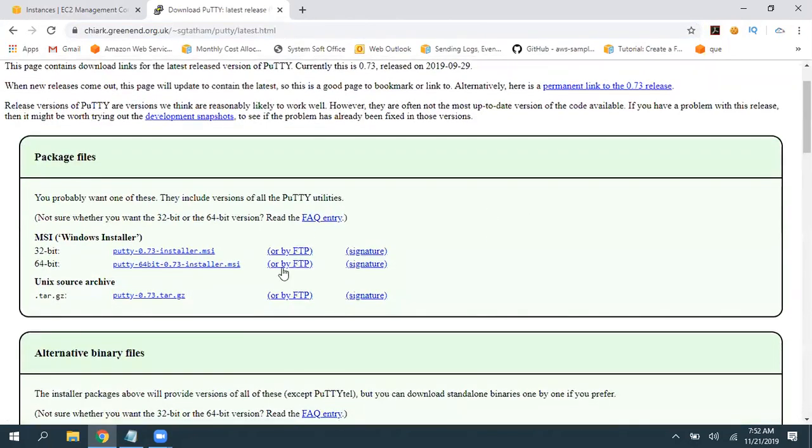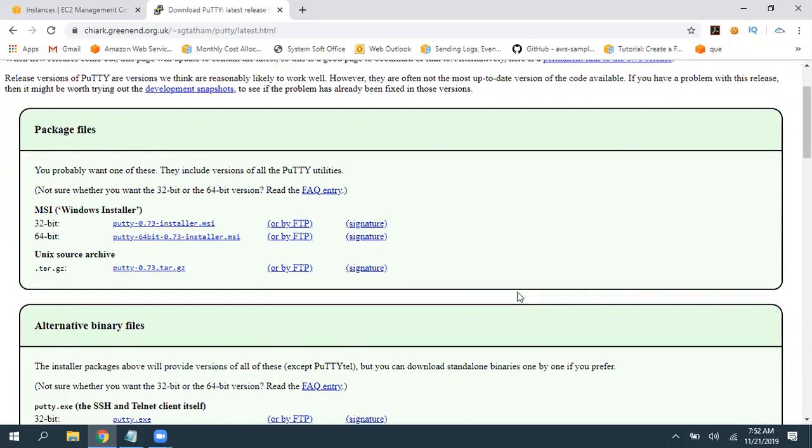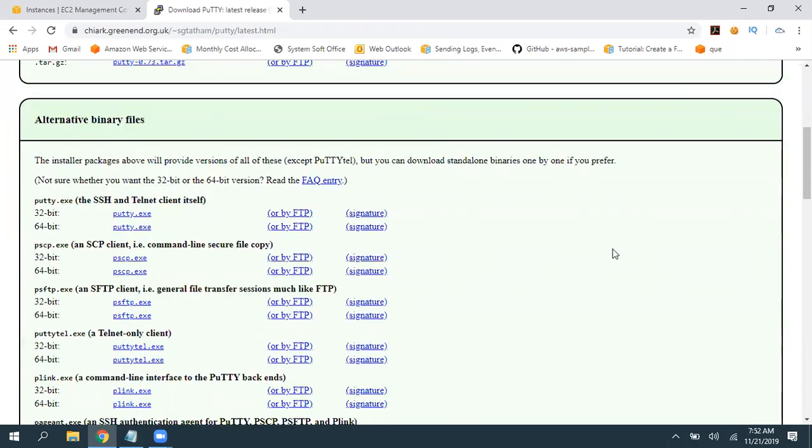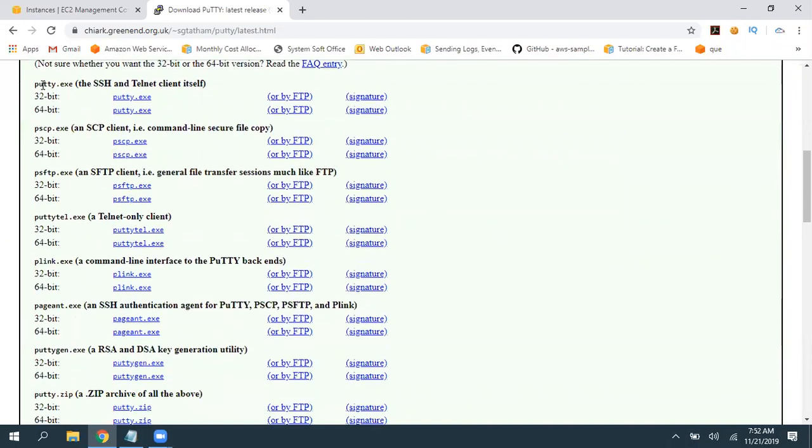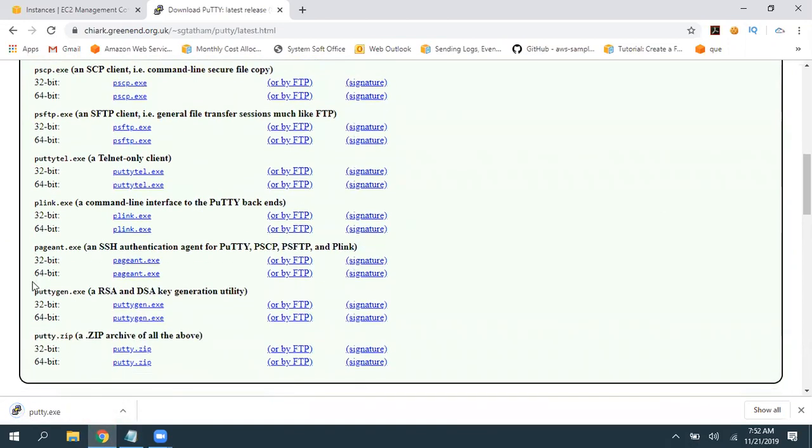If you are using your own machine, you can pick this MSI and install the required applications like PuTTY, PuTTYgen, everything you will get. But if you are not looking for an installer, you just want to double click and run the application, then scroll down and these are the executables. Scroll down, putty.exe. Click on putty.exe. Immediately one file is going to download here. So it is downloading. Now scroll down and here we have puttygen.exe.